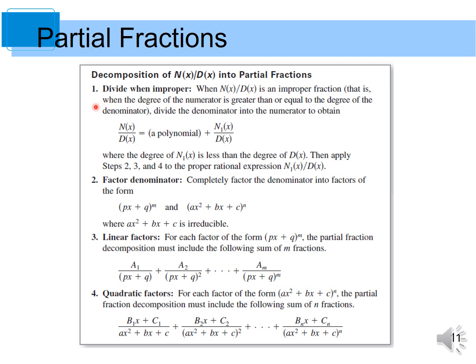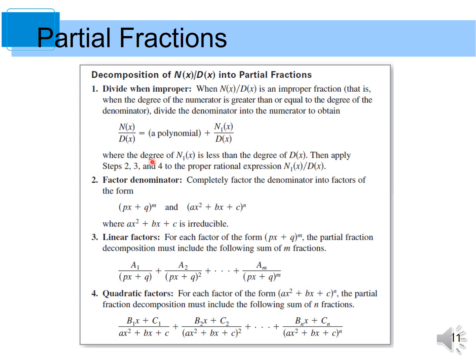First, if we have an improper fraction, that is, the degree of the numerator is greater than or equal to the degree of the denominator, divide the denominator into the numerator to obtain this form,